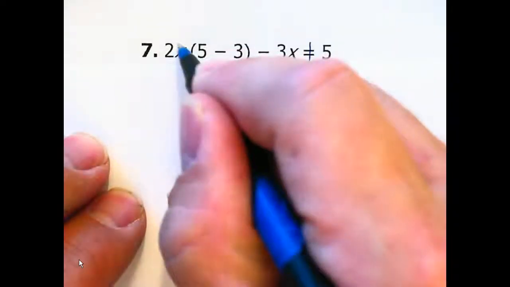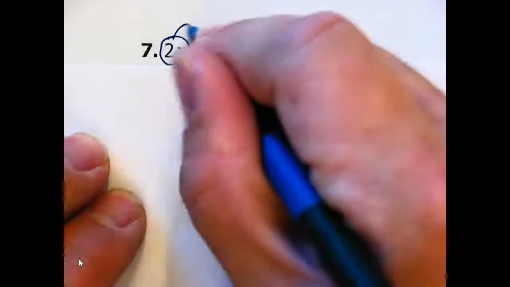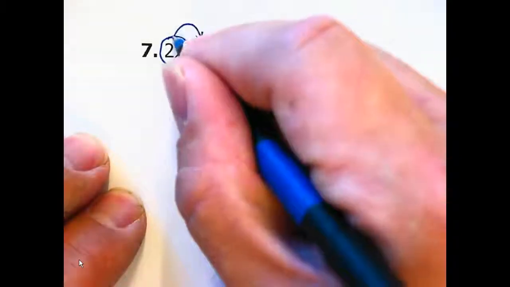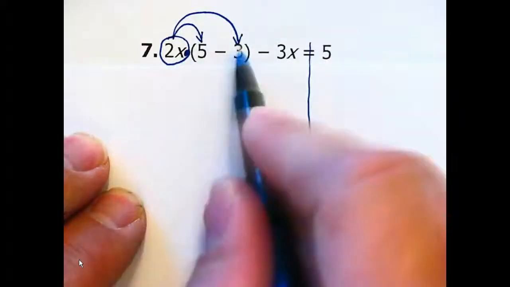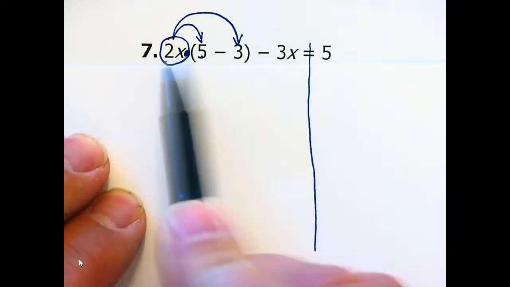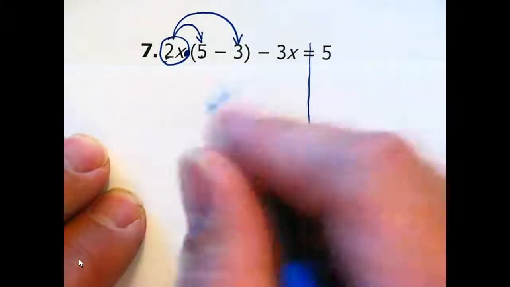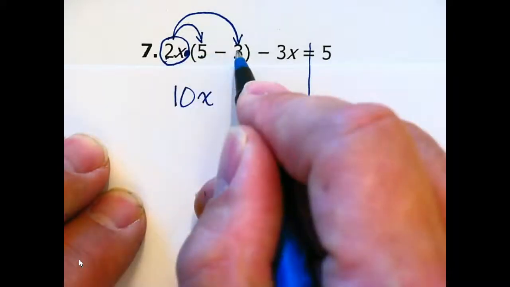You have this thing outside being multiplied by each thing inside. So distributive property means distribute, to pass it out to each thing. So I'm passing the 2x to 5, so I'm doing 2x times 5, which is 10x. And I'm doing 2x times negative 3, which is